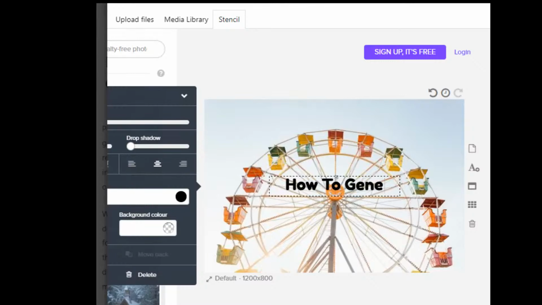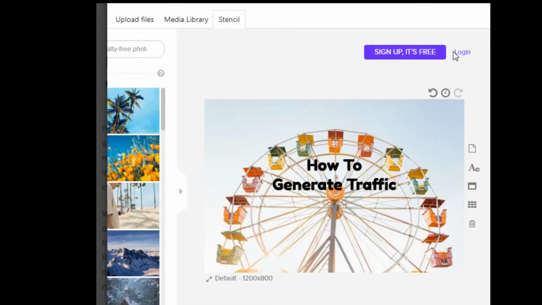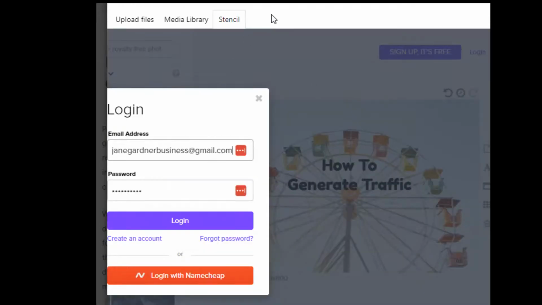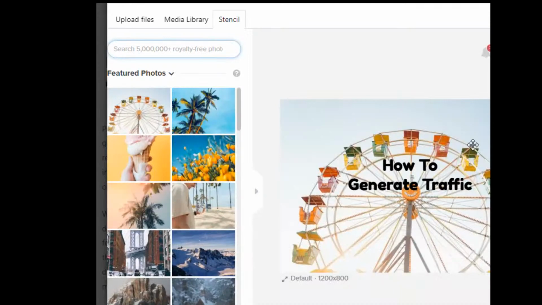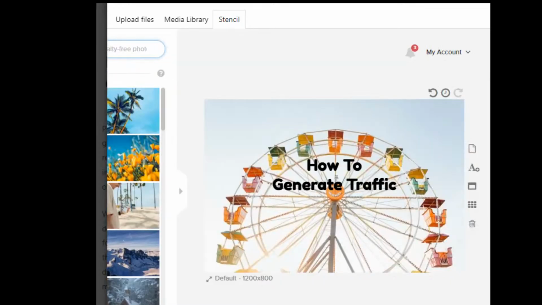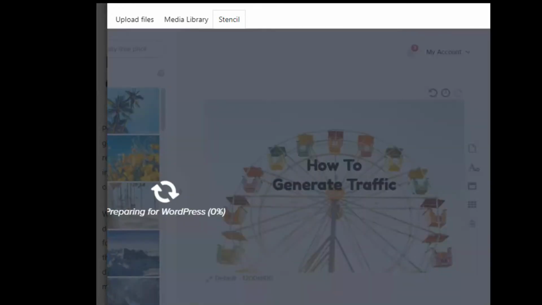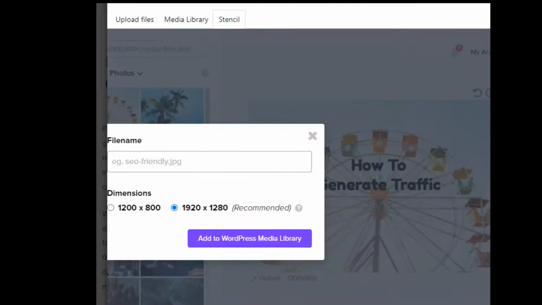To generate traffic, and then hopefully I can log in. I have a feeling I'm going to be having, oh goody, I can log in, and that's my secret weapon, is having my Stencil. So let's go and add to the media library, and what it does is it optimizes it and